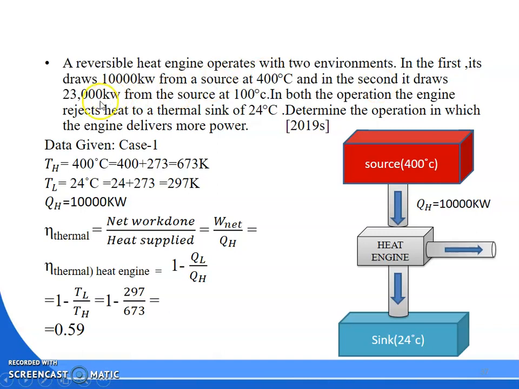In the second, it draws 23 kilowatt from the source at 100. In both operations, the engine rejects heat to the thermal sink at 24 degree centigrade. Determine the operation in which the engine will deliver more power. Okay, so first we consider the first case where it draws